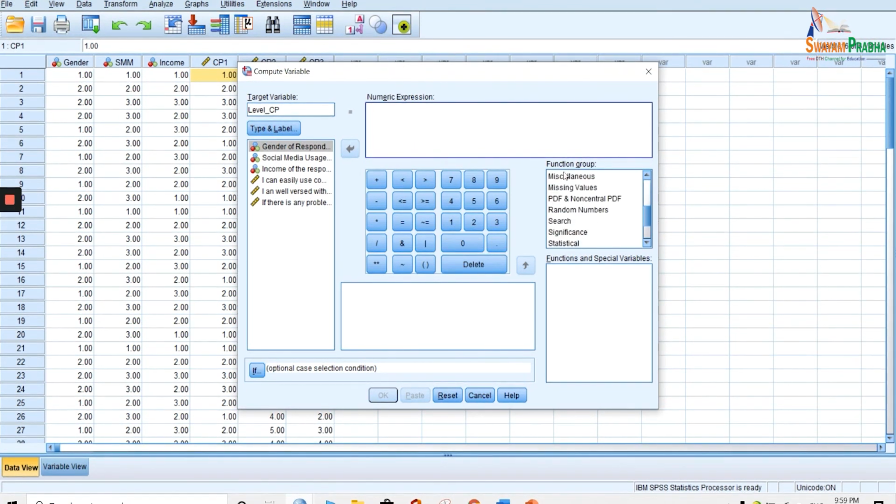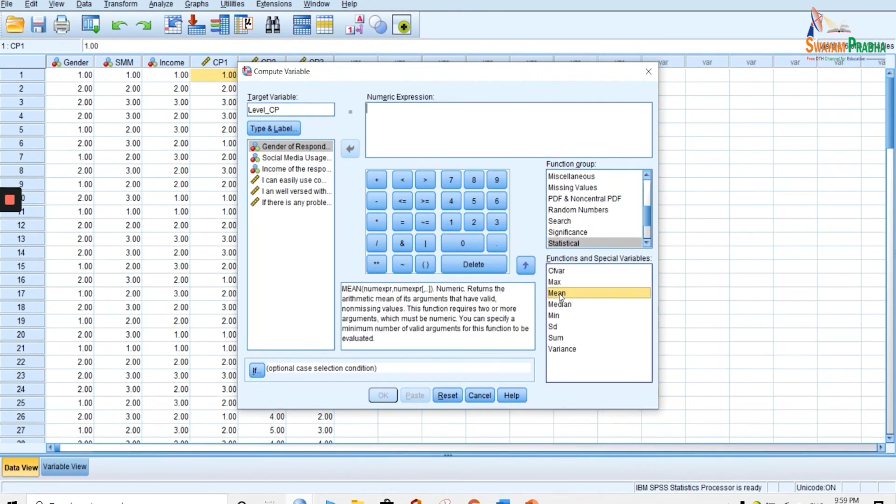You can search from the function group, Statistical, and under Statistical you can search for Mean. Select this mean, double click on it, and you will see under numeric expression we have this mean. Now we just insert these statements one by one, and make sure that each statement is separated by a comma, and there is no comma at the end or question mark. So this is the function we have created.